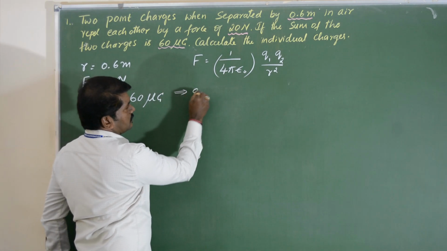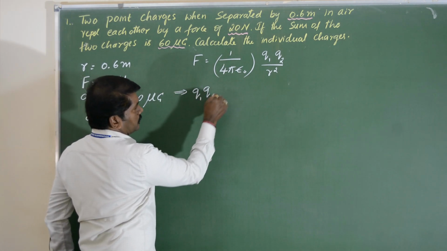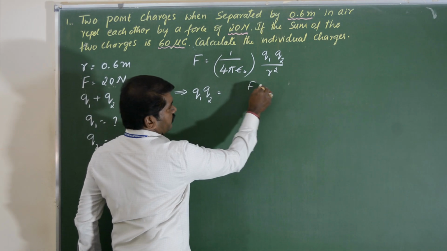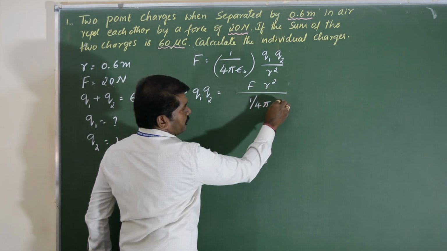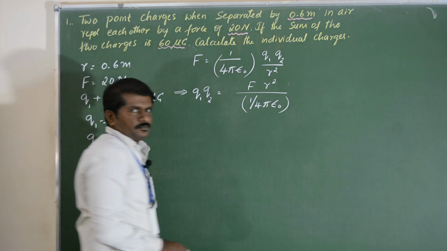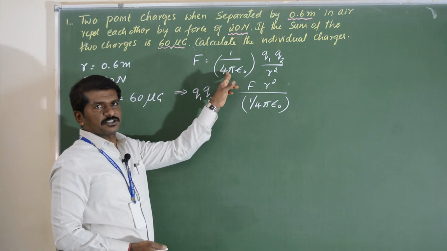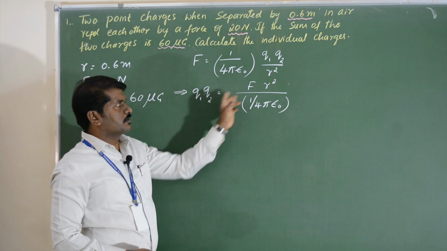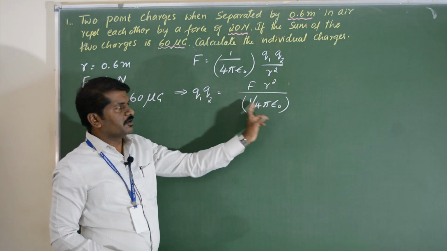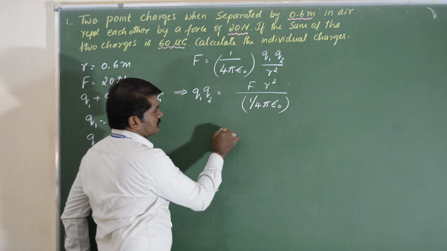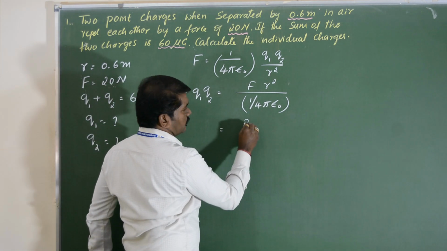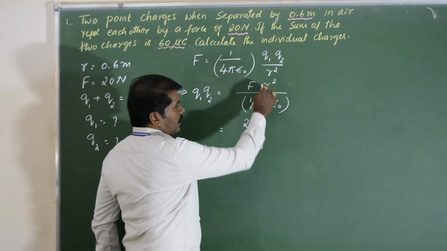This implies Q1 Q2 is equal to F r square divided by 1 by 4 pi epsilon naught. Substitute the values, that is F is equal to 20 Newton,